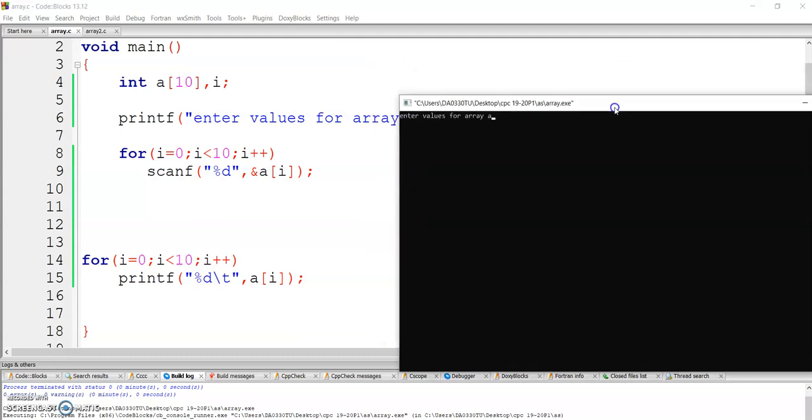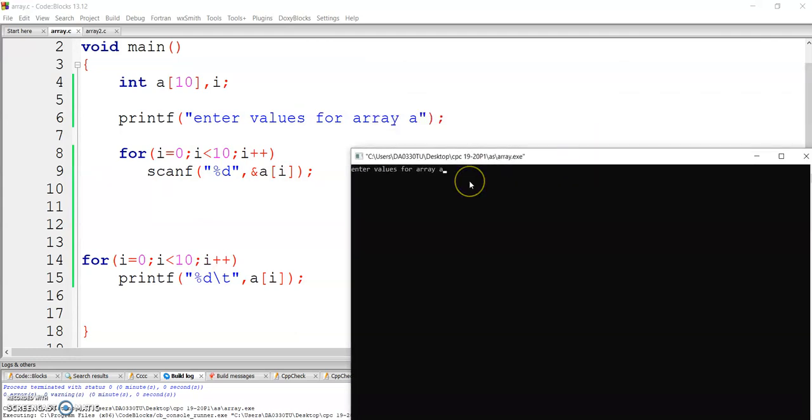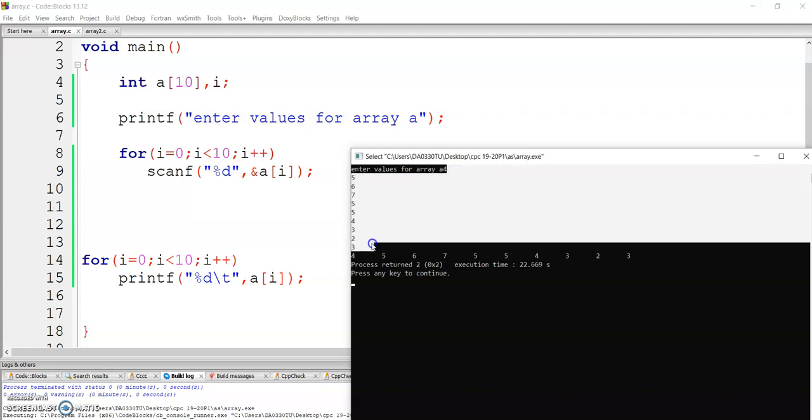Now let's check the output of your program. Here it is asking to enter values for the array, as this loop will start from 0 and continue up to less than 10. That means I have to enter 10 different values. So this is my input as a user, and now it will show us the values using this printf function as 4 5 6 7 5 5 4 3 2 3.